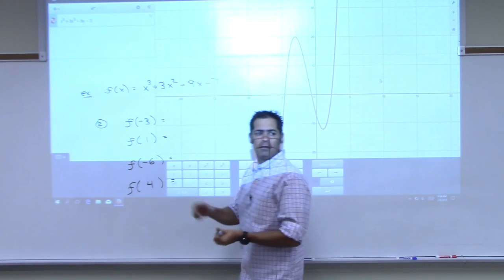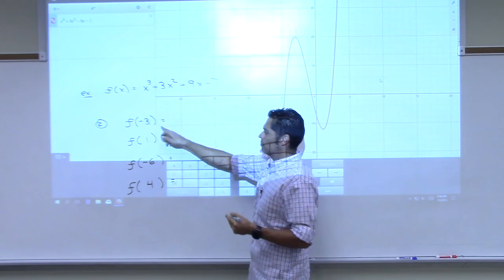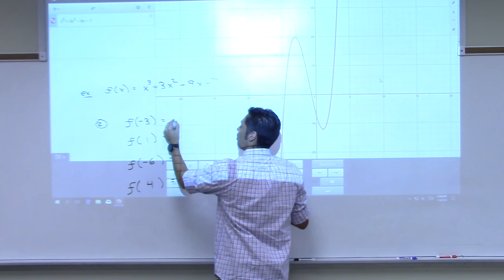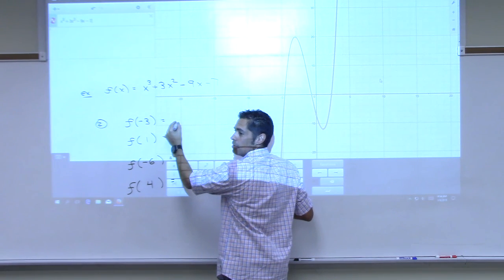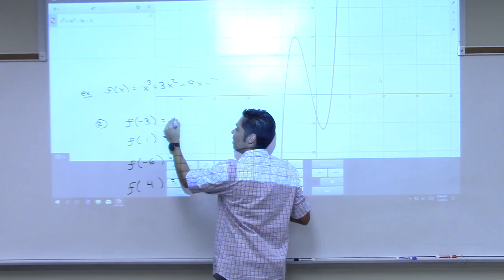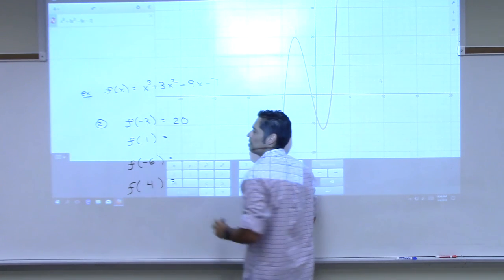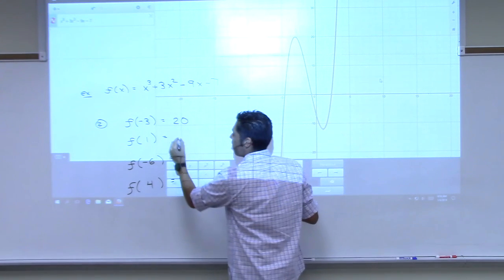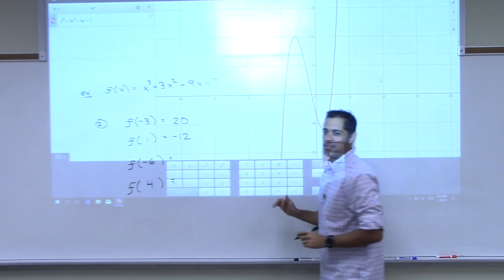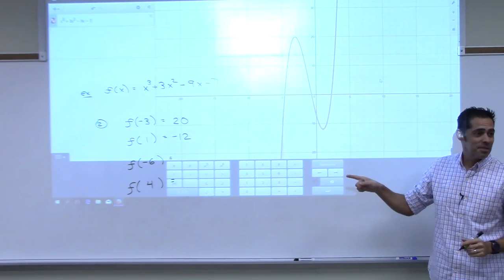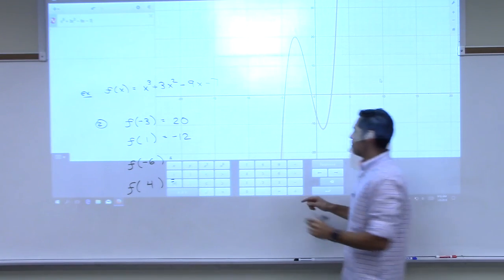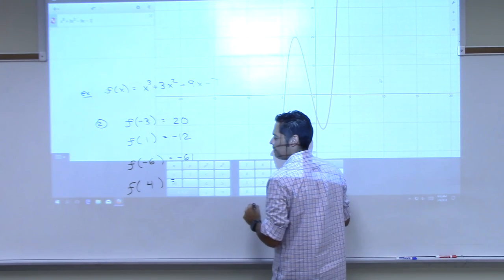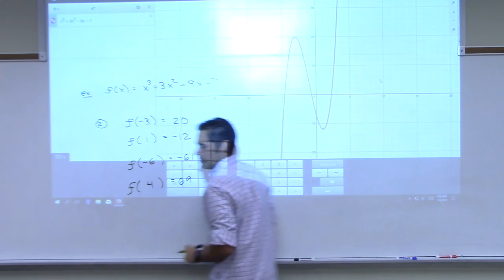What's f of -3? Anyone? Anyone? -34? Anyone else? Oh, -20. Negative 20? 20. Okay, 20 sounds like the winner. How about f of 1? Negative what? Negative 12. I'm going on consensus here. I don't know if these are right. Negative 6? Negative 61. And last one, f of 4. 69? Okay,